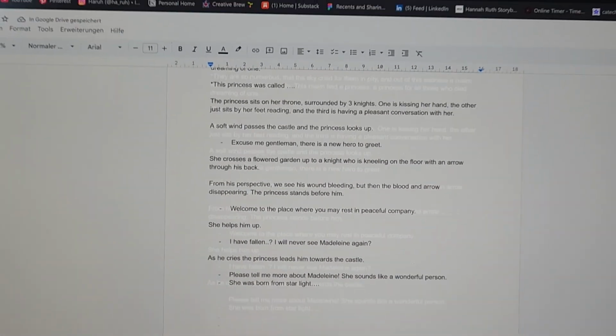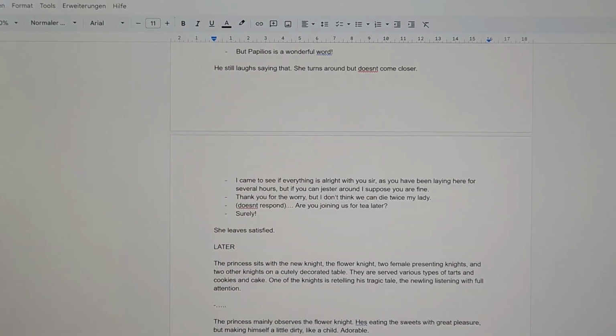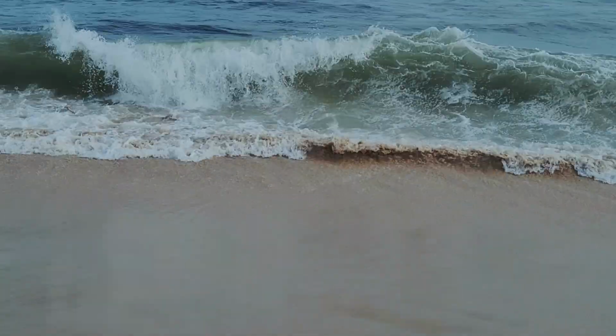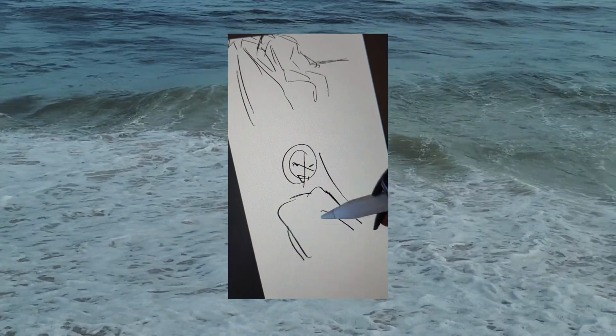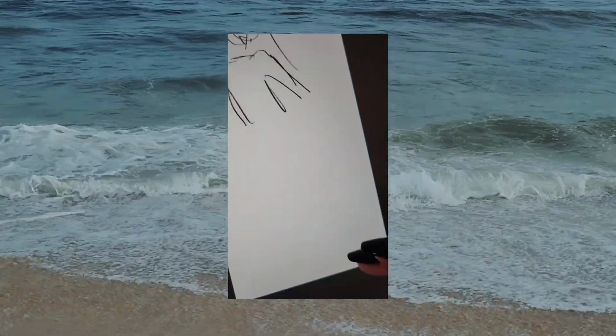Sometimes I add specific ideas for ways I want to draw things, like add flowers in the background here, or make this a close-up shot. But usually I try to leave those decisions for the thumbnailing stage only, which I will be covering in the